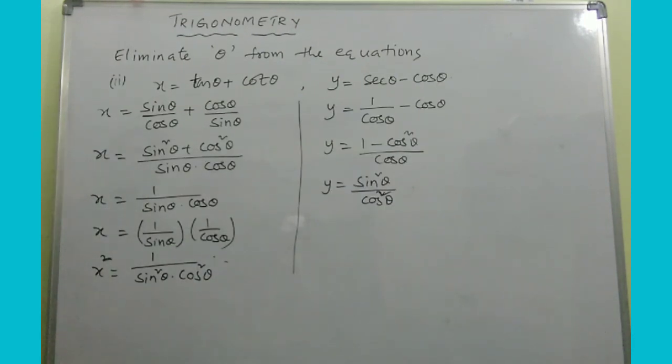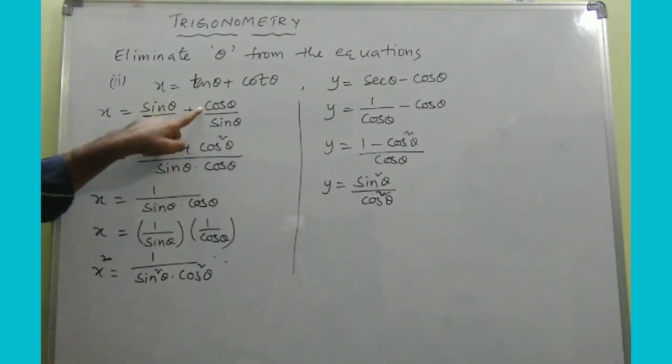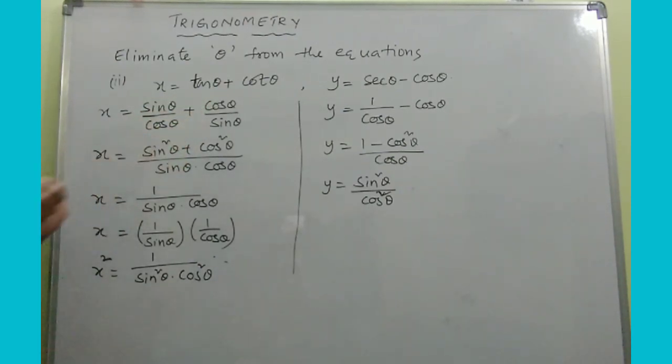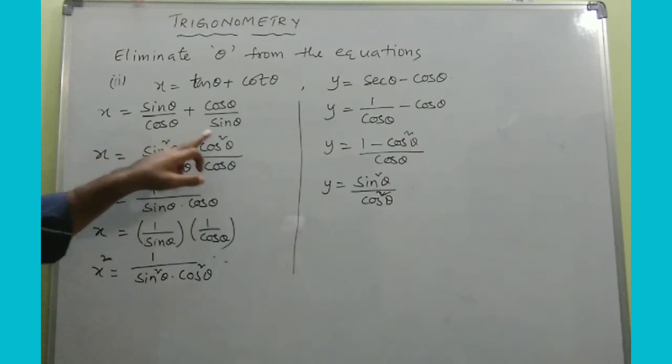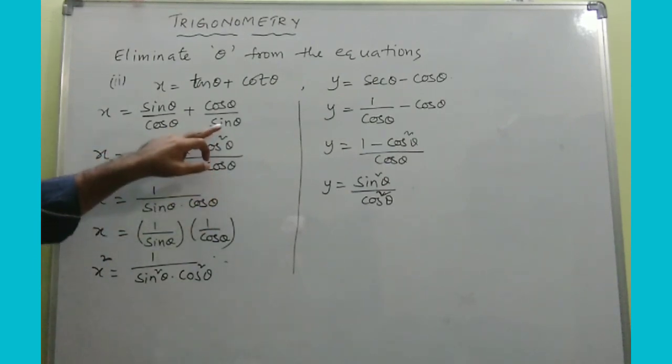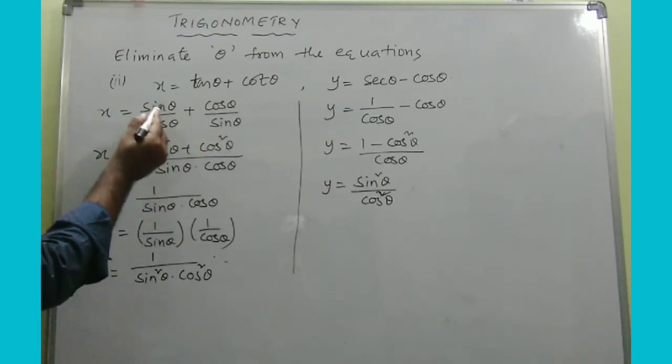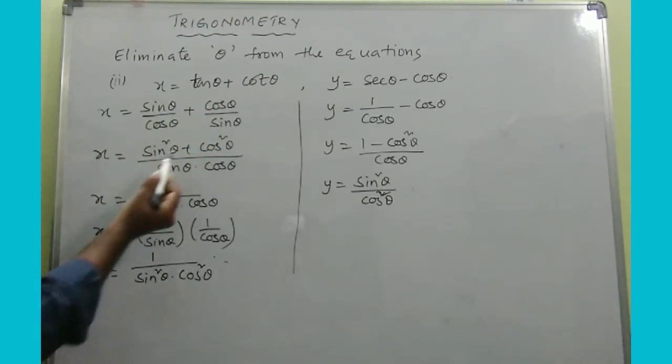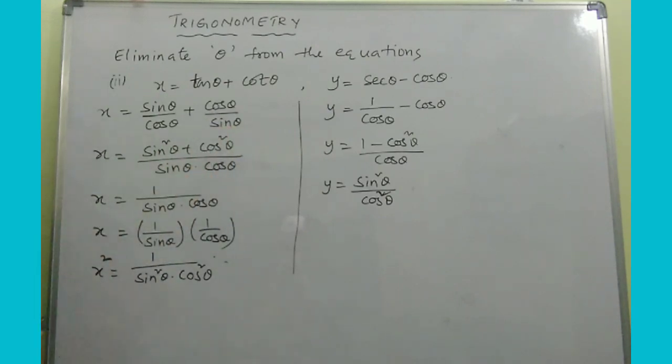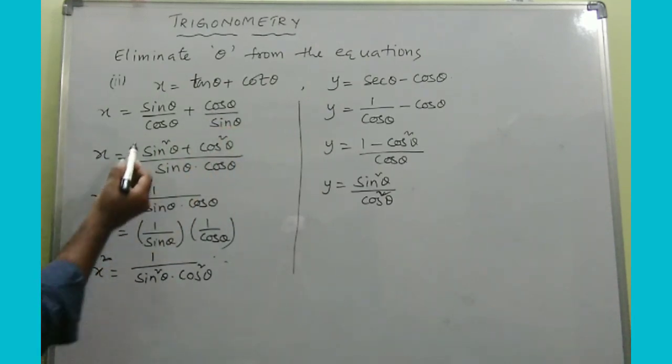So do one thing, once again let us go with the fundamentals, that is, express every trigonometric ratio in terms of sine and cos. So coming to tan theta plus cot theta, tan I can write as sine by cos, plus cot we can write as cos by sine. Okay. Now what is the LCM? Sine theta into cos theta. Then after cross multiplication, sine theta into sine theta, which is sine square theta, plus cos theta into cos theta, which is cos square theta. But you know what you observe?